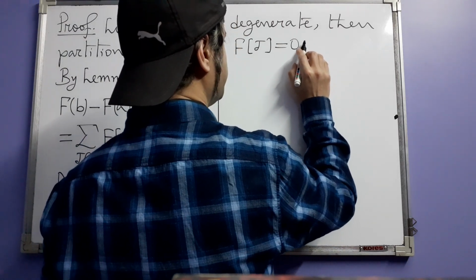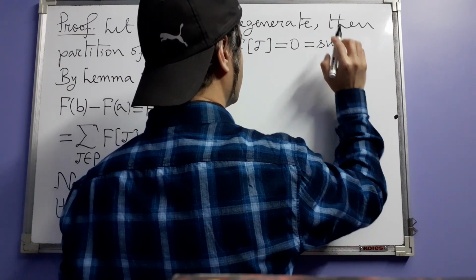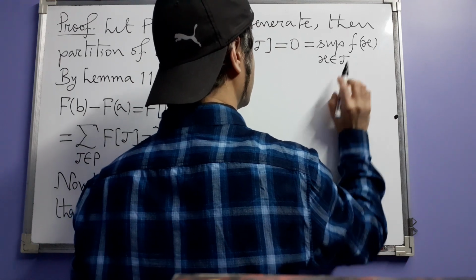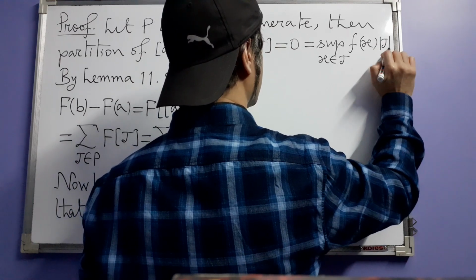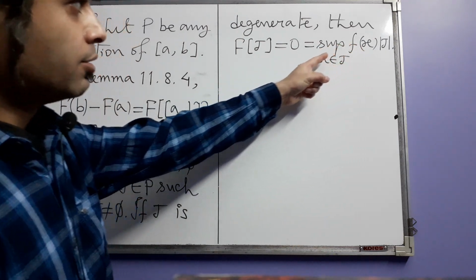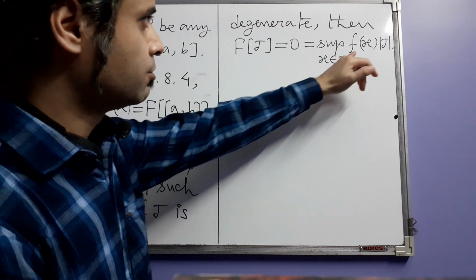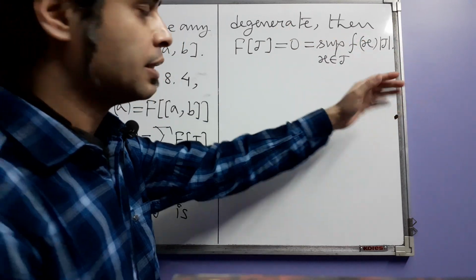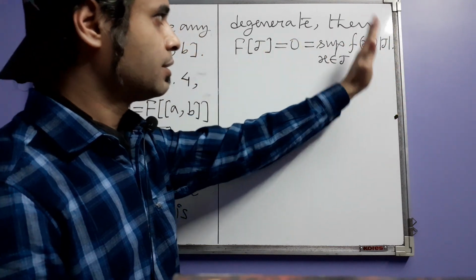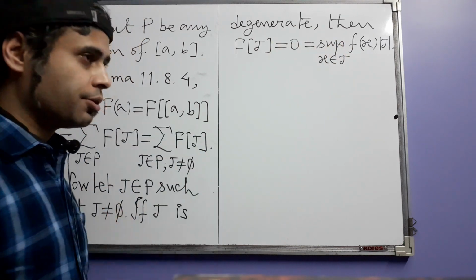And note that this is also equal to the supremum of the f values as x varies over this interval, times the length of j. In this case it's only one point, so you will have only one value, which is f of x, times the length of j, because j is degenerate, both alpha length and length are 0, so you are getting equality. But if j is non-degenerate,